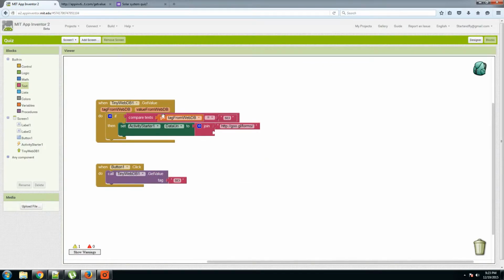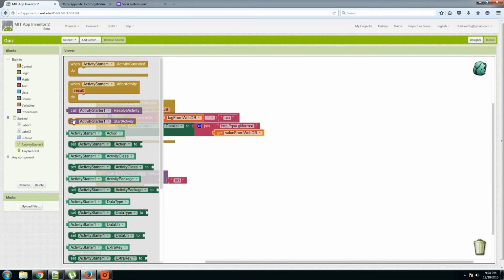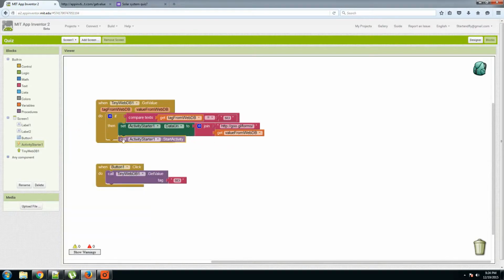That's here, the value from WebDB, so get value from WebDB. Once the complete URL is formed, we start the activity by selecting call activity starter. When you have call activity starter, start activity, the web page is opened.